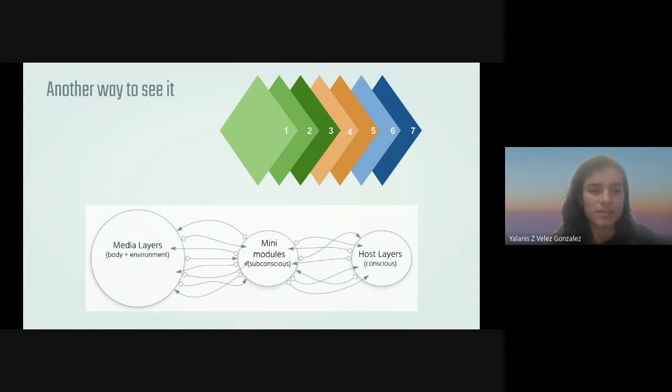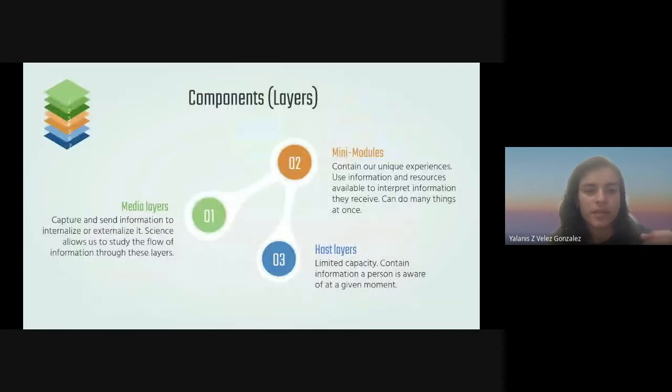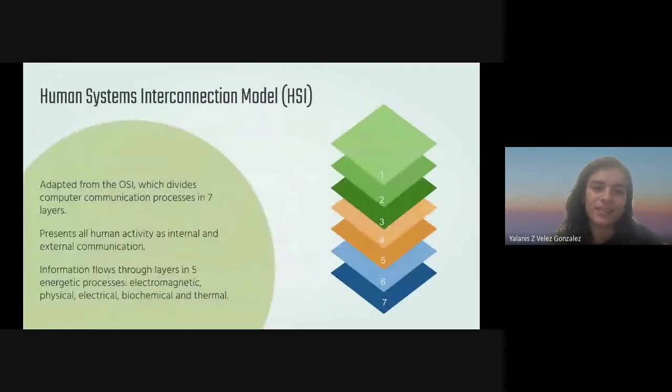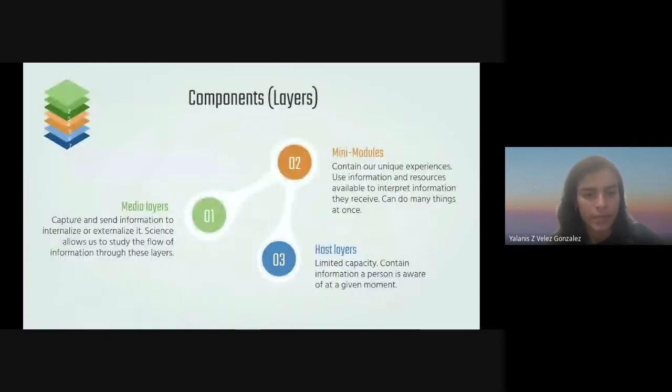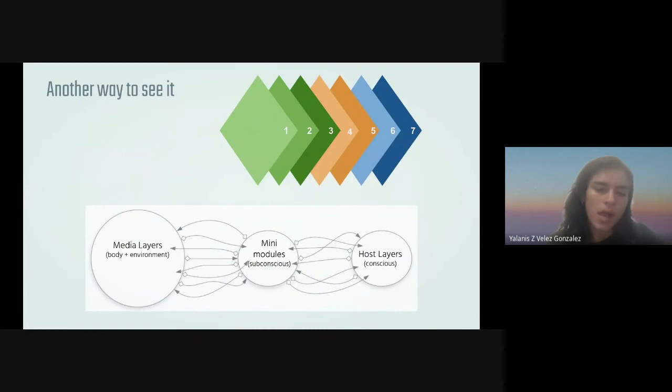So another way to see the model, if we look at the slide before and the slide before, here it's bigger, the model is lying vertically, but I also like to see it horizontally because it reminds me that what matters is how they are connected. The flow of information has to follow this linear process. So notice how they are connected because this arrangement is crucial for the production of any human activity.